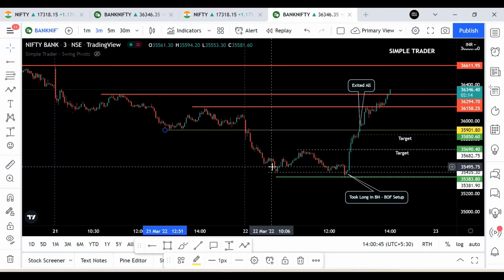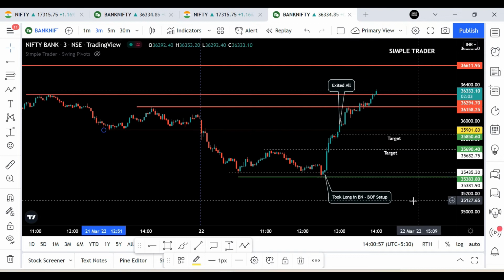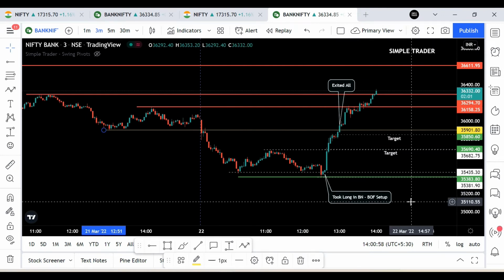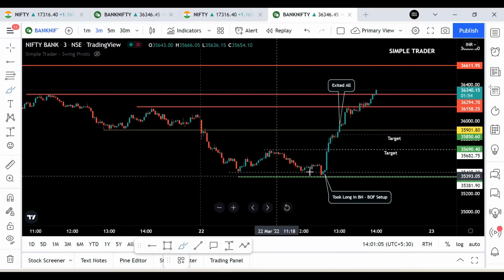And at 12 o'clock, I sent a message to the STMP group saying that we look for a long when the sellers are getting weaker while approaching this low. That is what I sent with a chart. So I have shared it in the group as well, the channel as well. You can look at that. So what happened? No, this area,